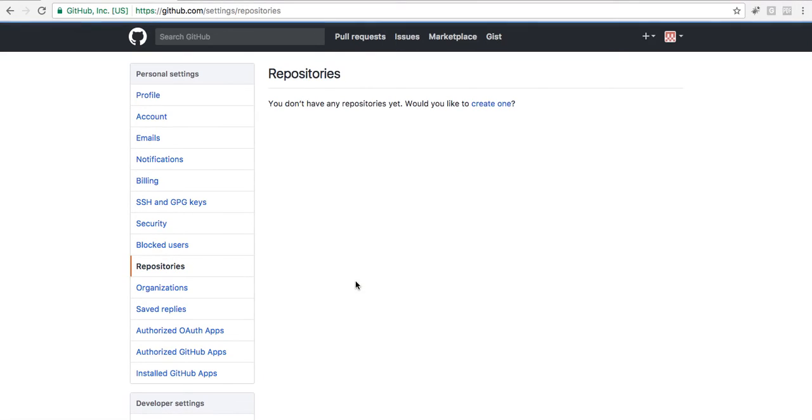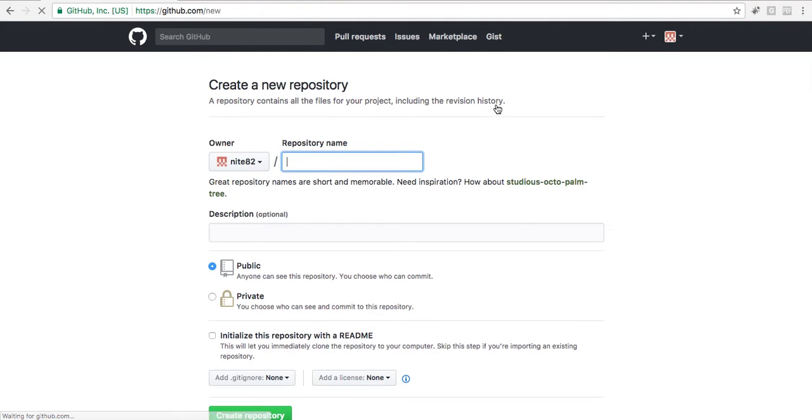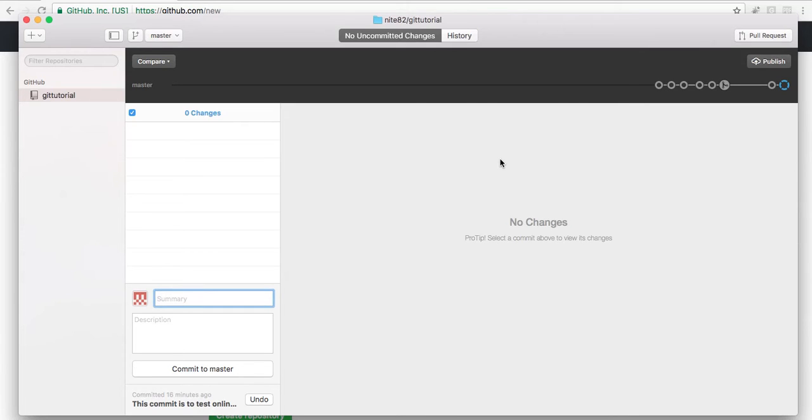A repository is a similar thing to what we had in our local system. So in case you want to create a repository, you need to go to this page and create a repository. Now before creating a repository, I want to show you how this looks in the GitHub desktop tool. So if I go to this GitHub desktop tool, you can see that